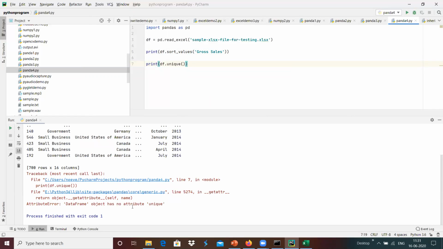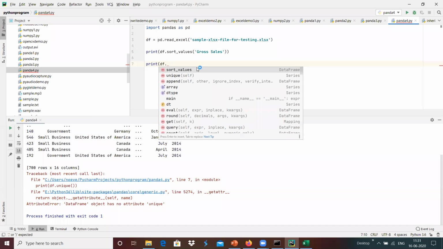Data frame has no attribute unique. Okay, unique is a function used for series. Sort values and append are for the data frame.